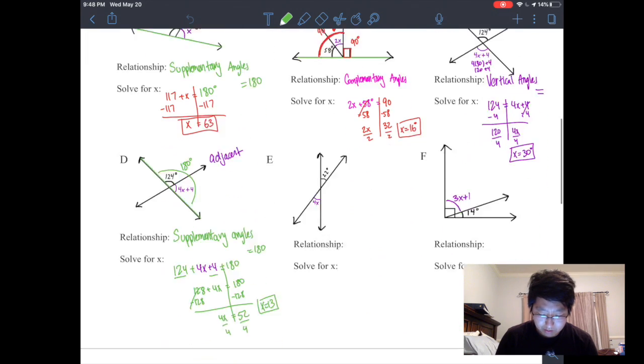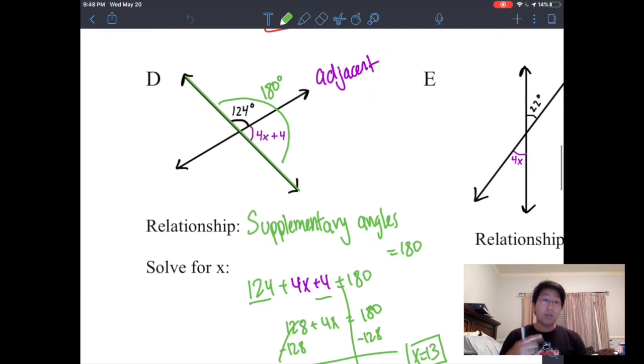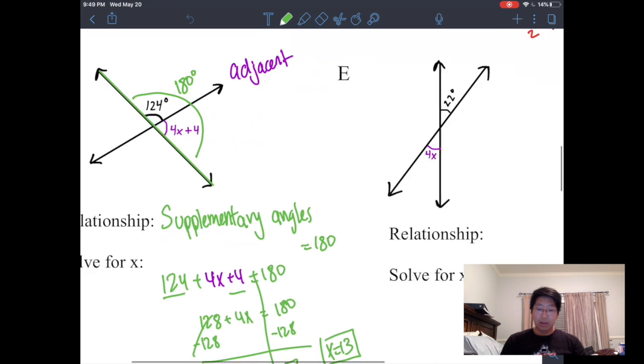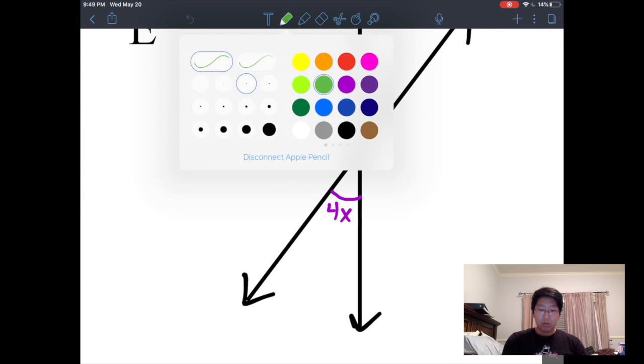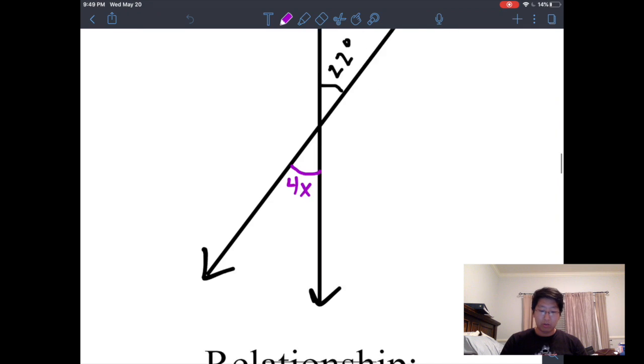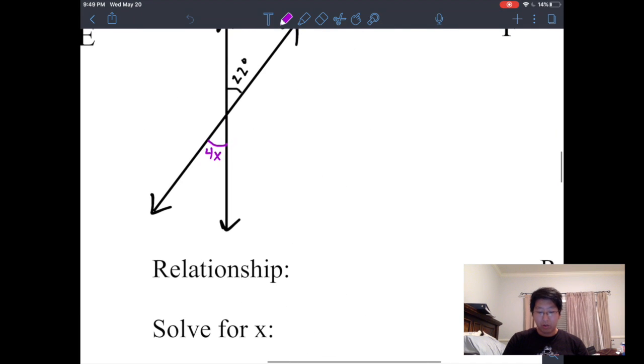So come back down here. The relationship that these two angles have is that they are supplementary. Okay, they create a straight line, and supplementary is straight. They add up to 180 degrees. Here we have two angles. They're opposite each other, right? So we're going to say that they are vertical angles. And when they are vertical angles,